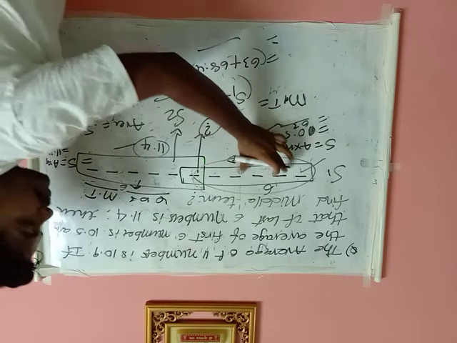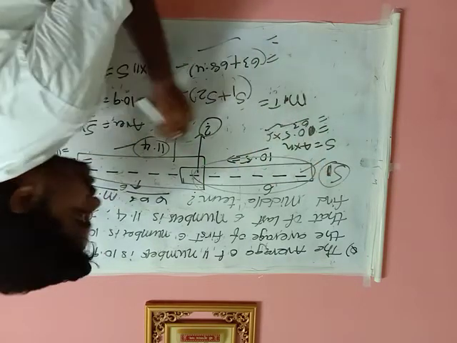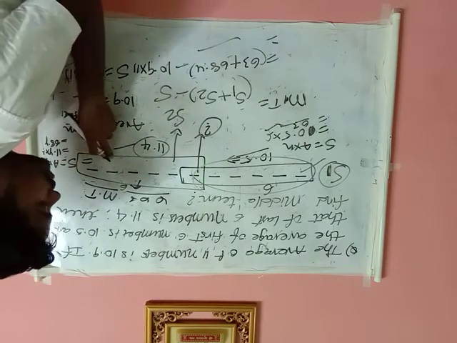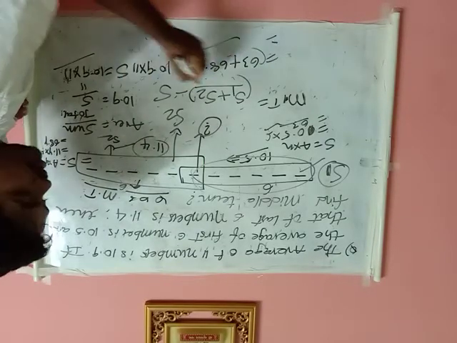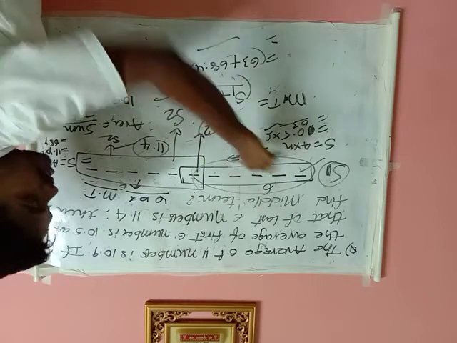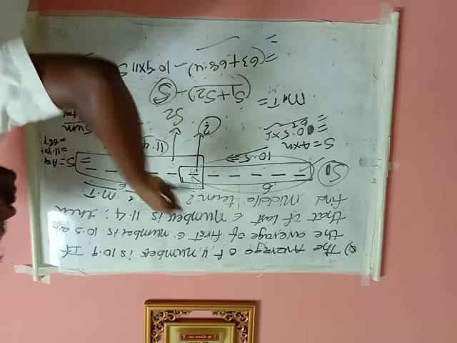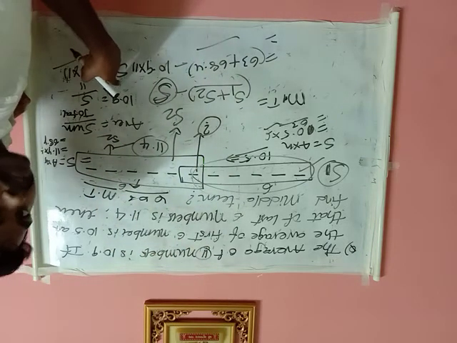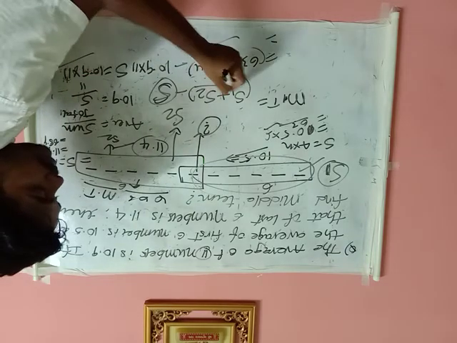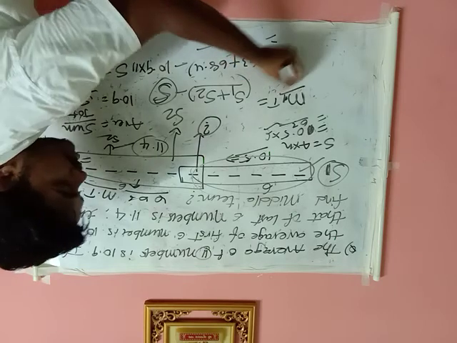Initially, get the sum of the first 6 terms and denote it as S1. Now coming to the last 6 terms, get the sum of these and assume it is S2. To get the midterm, you just do S1 plus S2 minus S. S1 is the sum of the first 6 numbers, S2 is the sum of the last 6 numbers, and S is the complete sum of all those 11 numbers. You subtract the entire sum from the individual sums, so you will get the middle term.